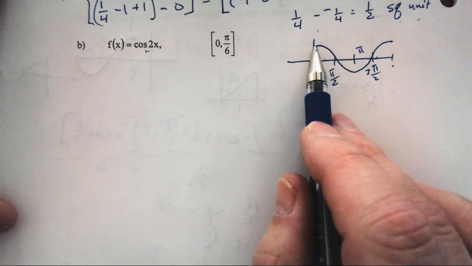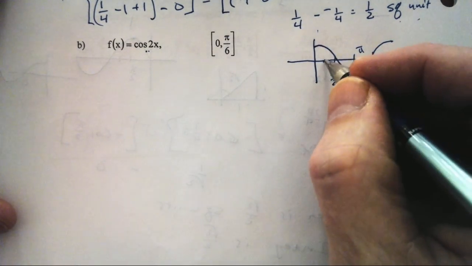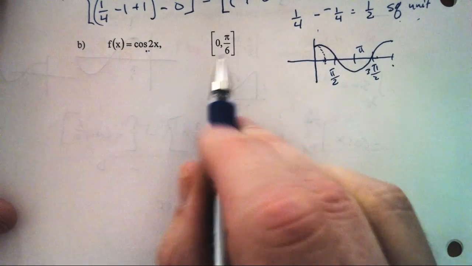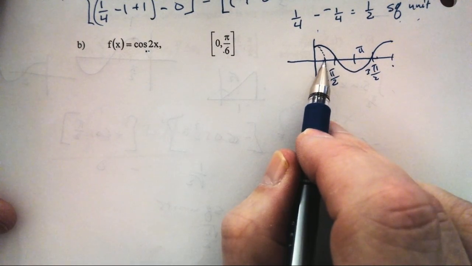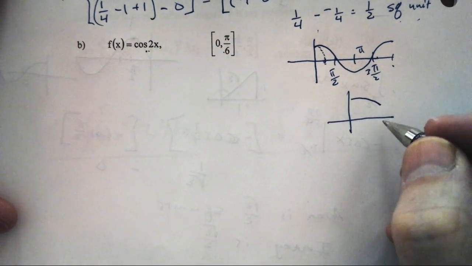So when does this hit 0? Cosine hits 0 at pi on 2, so this hits 0 at pi on 4, because everything would be happening twice as fast. Well, pi on 6 is less than pi on 4, so the portion of the graph we're looking at would be